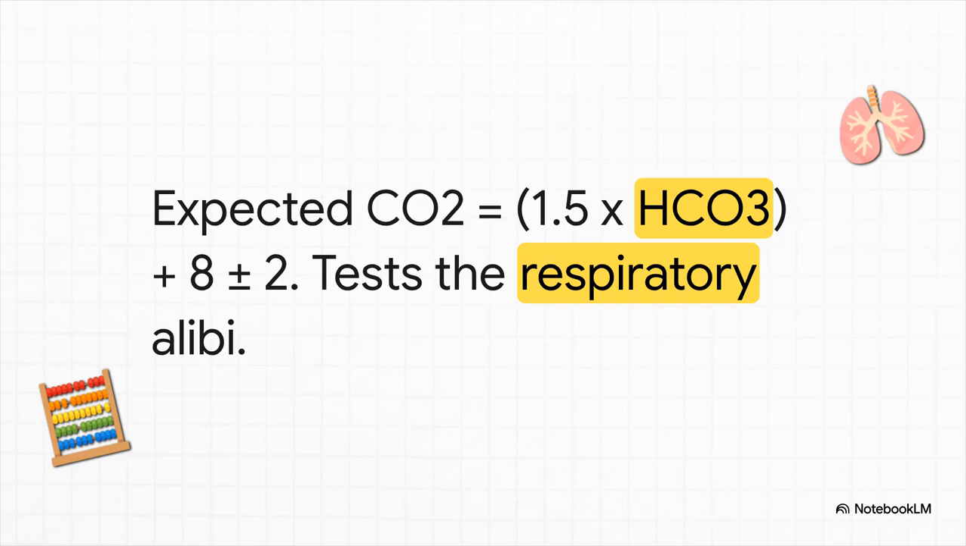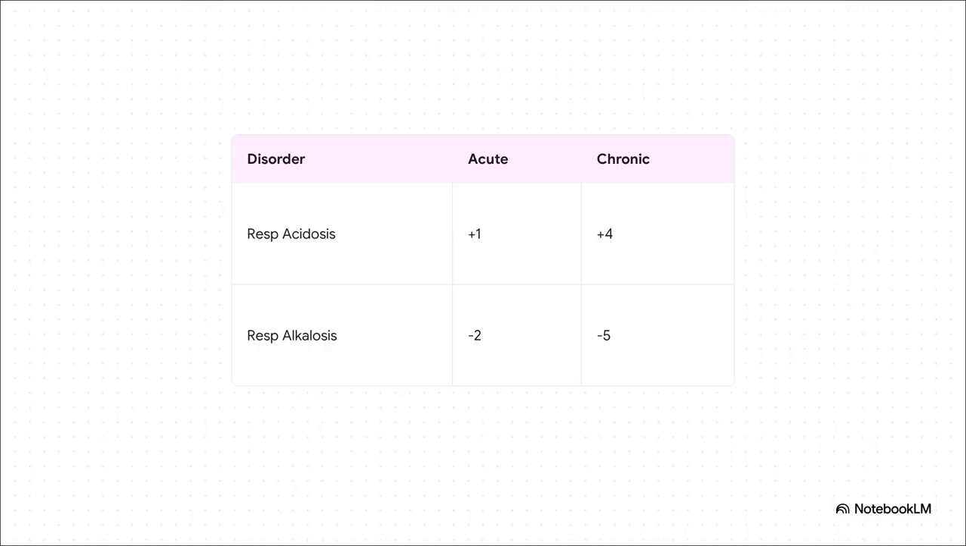If the actual, measured CO2 doesn't match this expected math, the respiratory alibi is totally busted, meaning there is a secondary respiratory crime occurring at the exact same time. On the flip side, if the primary problem is respiratory, we use the rule of 1, 2, 4, 5 as our decoder ring. Metabolic compensation by the